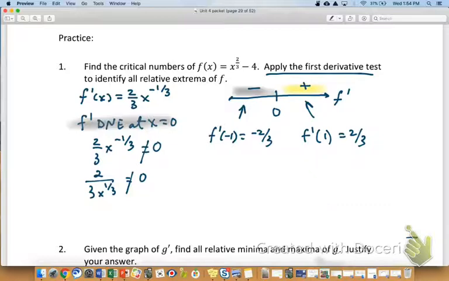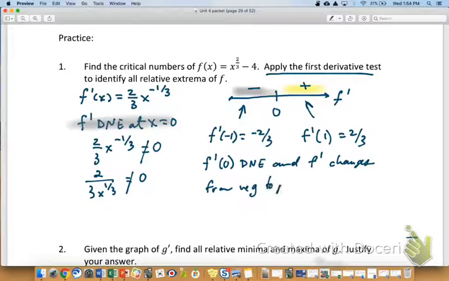Okay, so the sign chart is nice, but it's not a justification. It's not an explanation, which you will very frequently be asked to do. And so I don't know if you had a chance to do this. I'll give you an example of what it could be. I'll say f prime of 0 does not exist, and f prime changes from negative to positive at x equals 0. Therefore, what's my conclusion? F has a minimum. The other way, yep. Therefore, f has a relative min